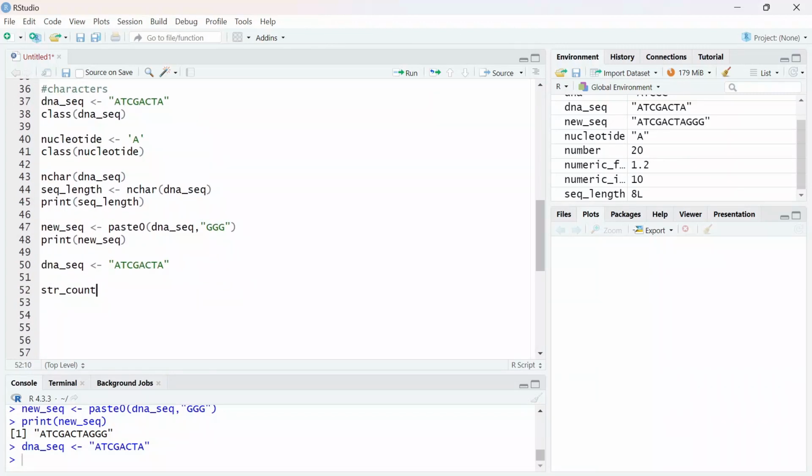So to count, let's say for example, A. So you have str_count, and then from which variable or which sequence do we have to count? So it's DNA-seq. And then what are we counting? That's A. Okay, so we have it like this, and then we run it. So we get 3. Okay, so here we have 3 A's, 1, 2, 3,